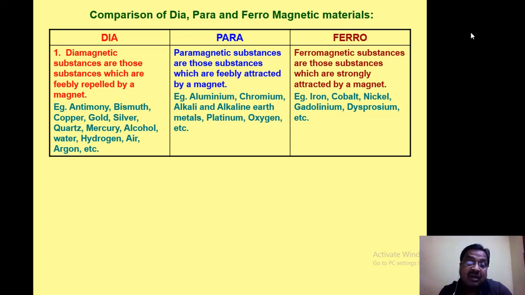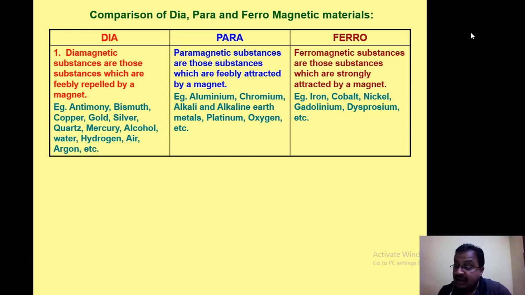Examples are antimony, bismuth, copper, gold, silver, quartz, mercury, alcohol, water, hydrogen, air, argon, etc. But paramagnetic substances are those which are weakly, not so strongly, feebly attracted by magnets, like aluminum, chromium, alkali and alkaline earth metals, platinum, oxygen, etc. Next come ferromagnetic substances, which are strongly attracted by a magnet. Examples are iron, cobalt, nickel, gadolinium,